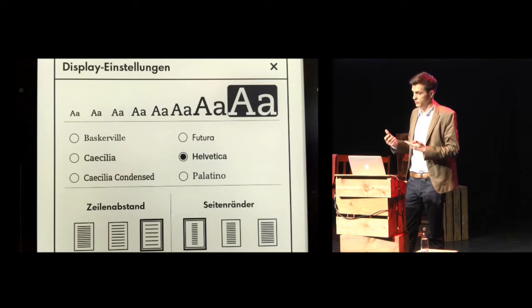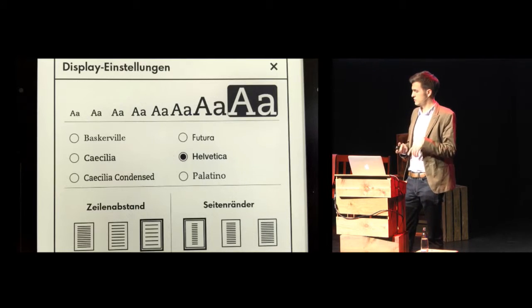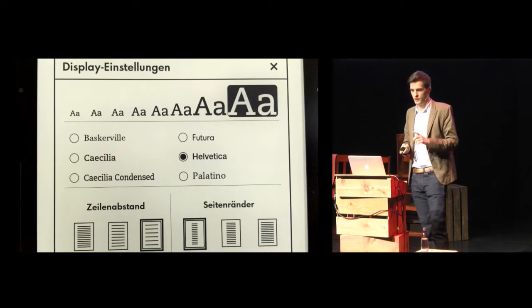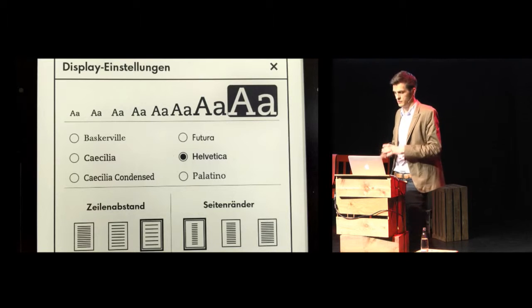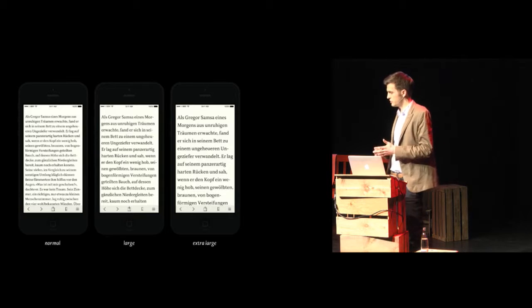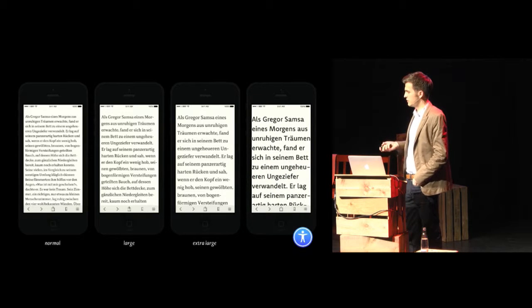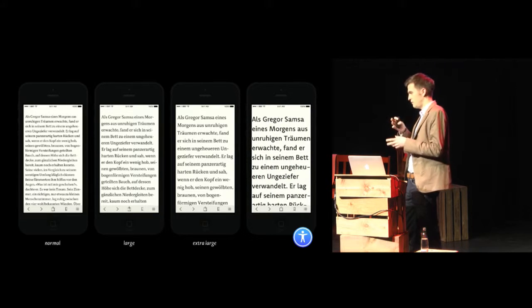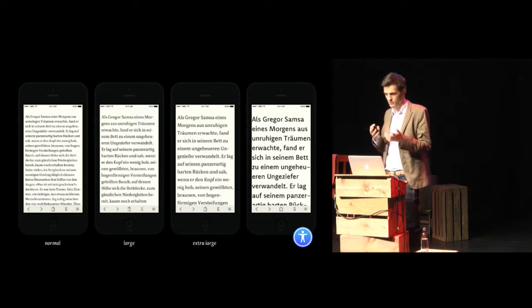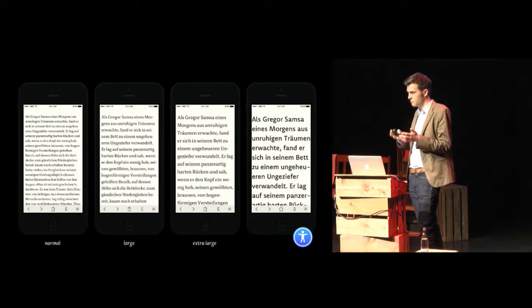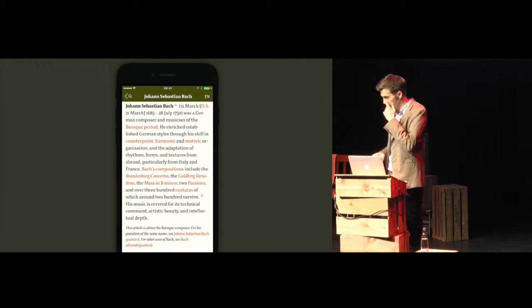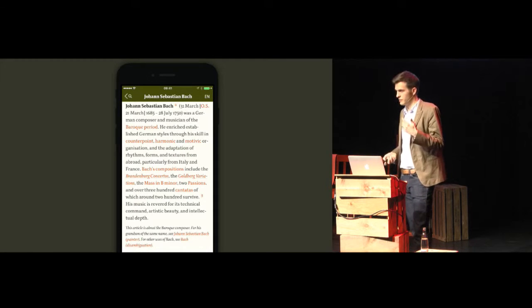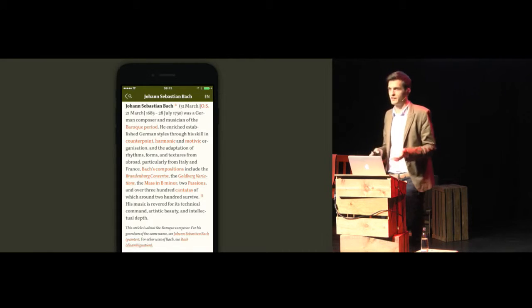I can choose between 8 font sizes on my Kindle, 6 typefaces. Most of them shouldn't even be on there because they're hard to read. 3 different line spacings, 3 different margin settings, and all of that independently. Why not offer just 3 sizes, a normal, large, and extra large, and maybe an accessibility view that also optimizes the typeface and all the other parameters to be, you know, better, easier to read for people with impaired vision. So I have a pretty strong opinion on settings. One of my main goals is not to have settings at all.